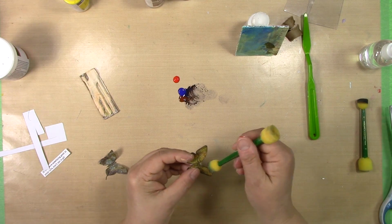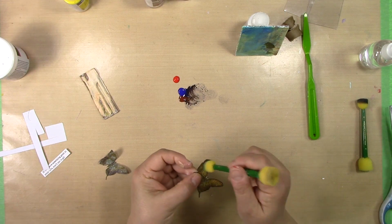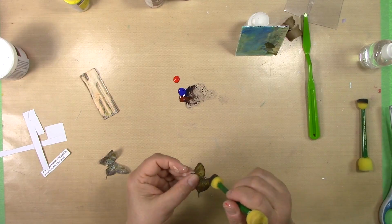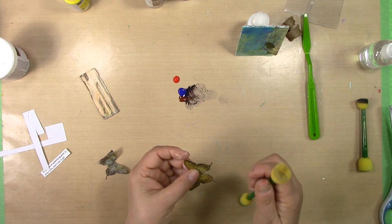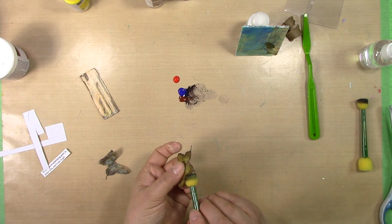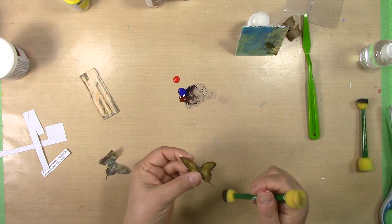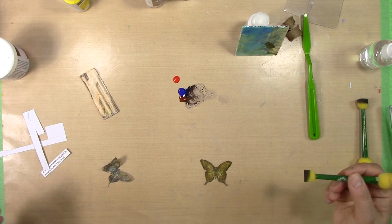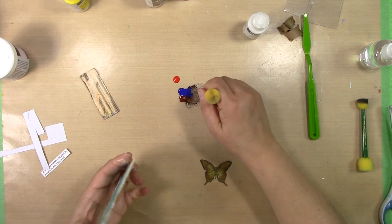And then in the little nooks and crannies, you can use a brush. And I'm just going to kind of pounce like this, put a little bit on the top, rub a little bit. And this is just to get rid of that white edge. So don't forget, I glued the tissue onto a piece of paper. Okay. And, oh, all that waste. Okay, well, you know what? I'm going to take that and